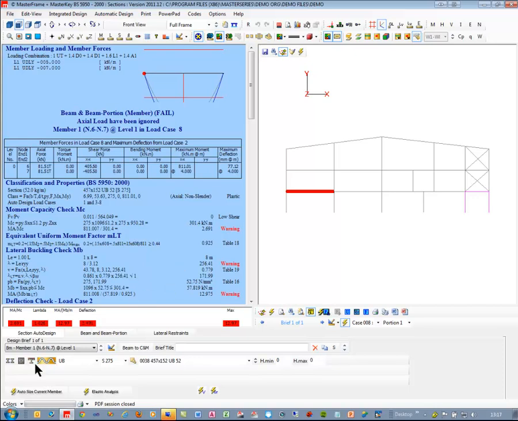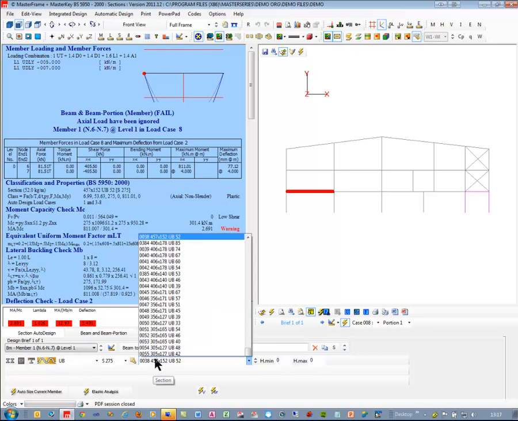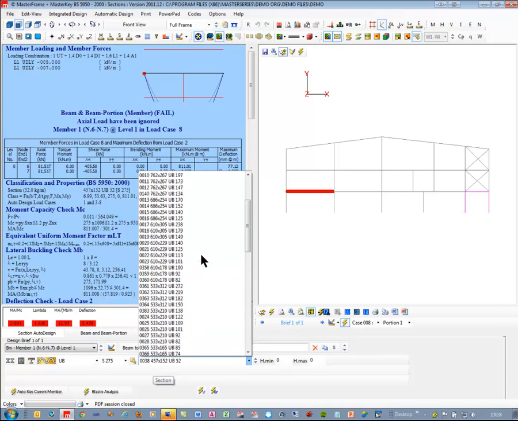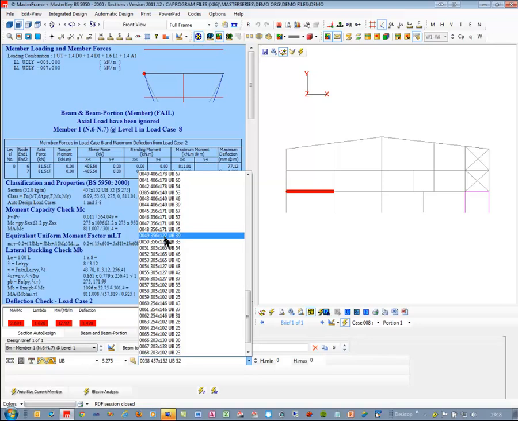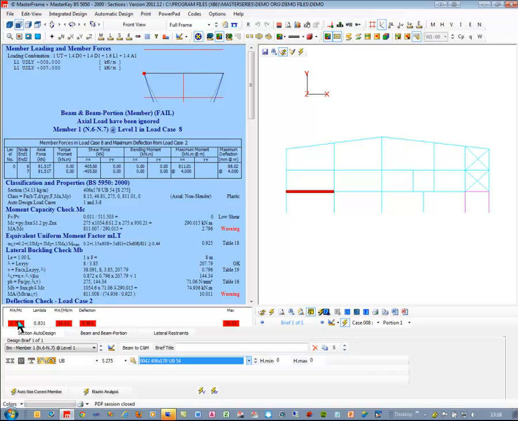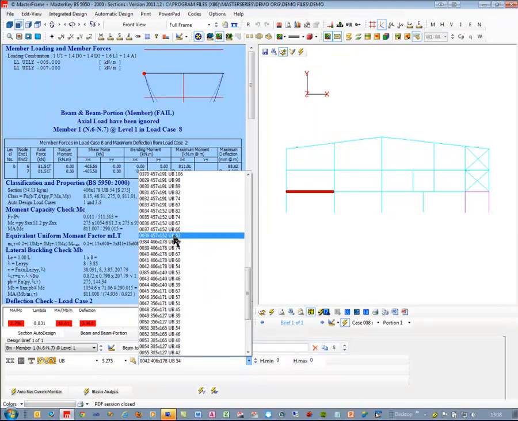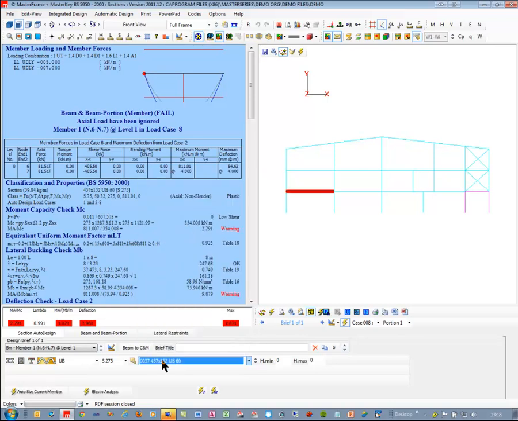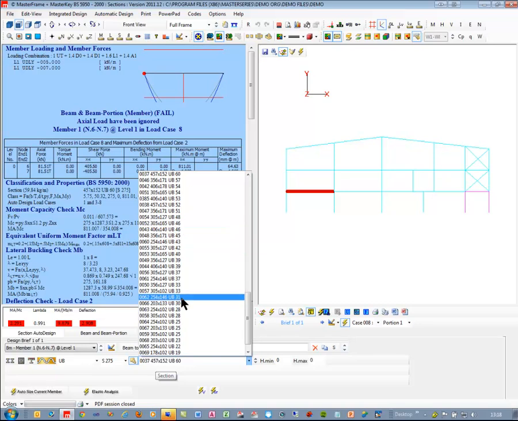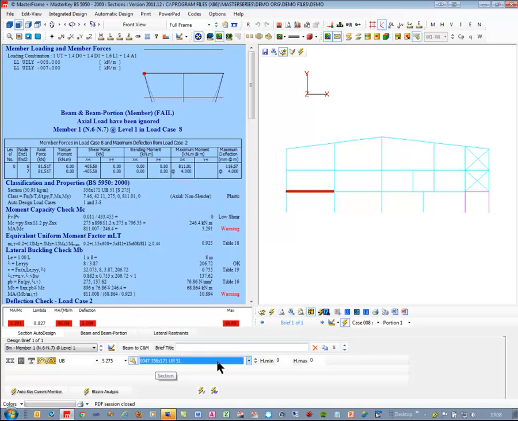So I need to choose a different section. Looking at my sections, I have my list of UBs, and that's where I am at the minute. So if I come up, say, to about here and try that, we're getting something a bit better. And you will notice that they're listed in serial order. So instead of serial order, I am going to go and sort by weight. So if I now drop the list again, they're now in weight order, so I can start and climb up